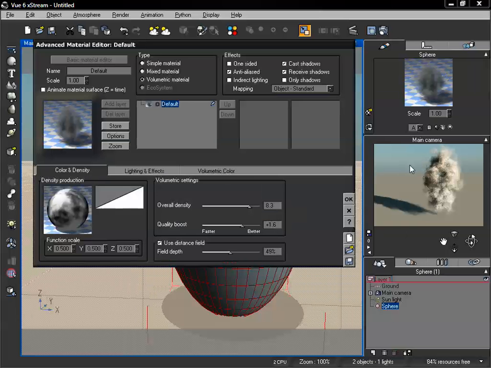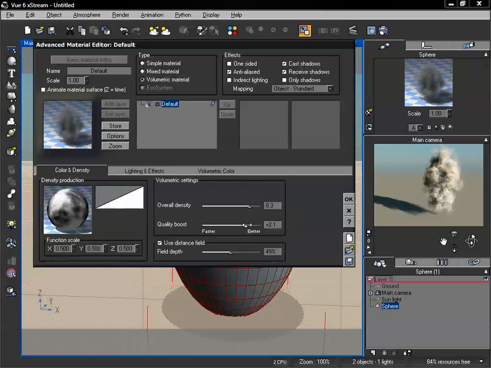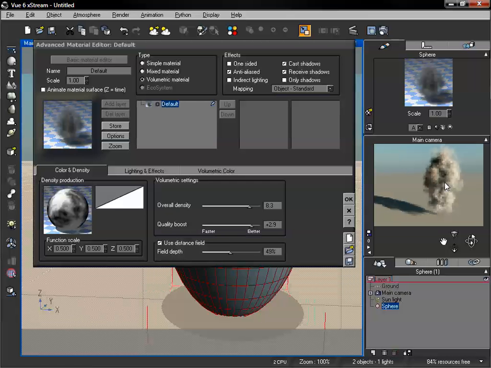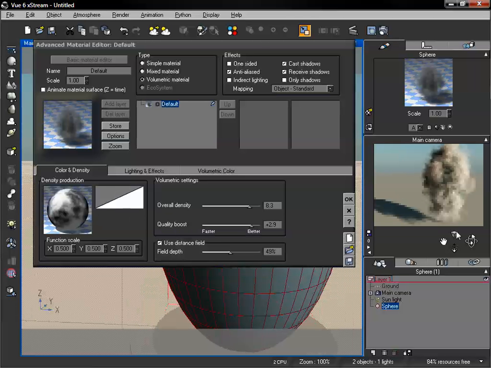And now you're going to notice a lot of grain unless you have your quality boost turned up higher. But the higher you go, the longer it's going to take to render, and in your volume shaded mode, it's going to take even longer to render, because this one can take a lot longer than some of the other volumetric materials, just because it is directly related to a function, and depending on the complexity of your function, it could take a lot longer to render. But we can see a much more smooth surface now that we have a quality boost of 2.9, and overall